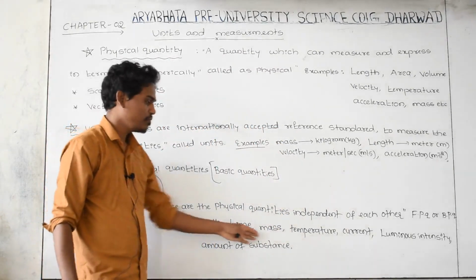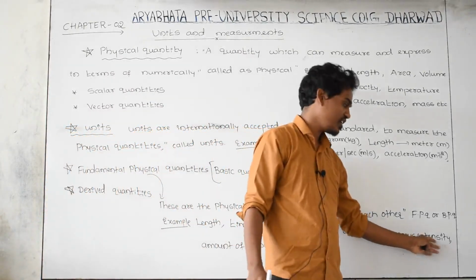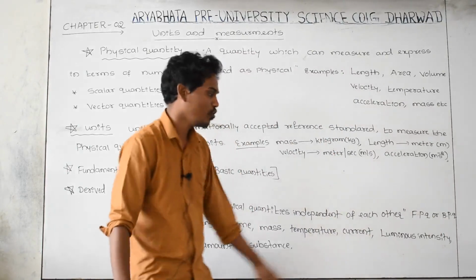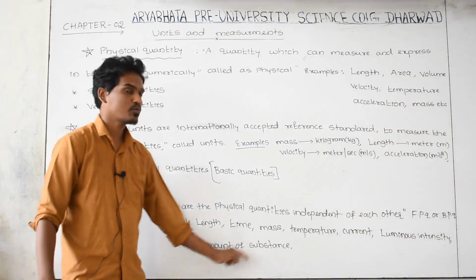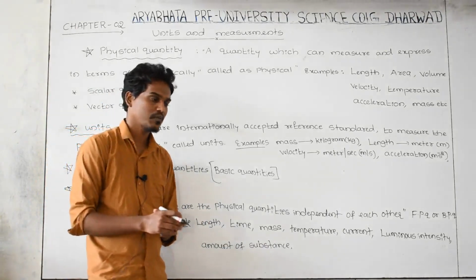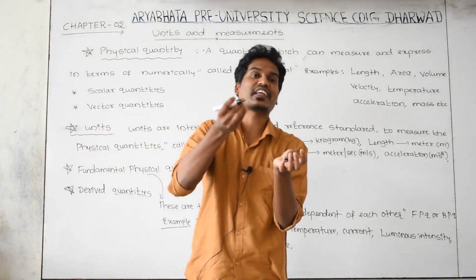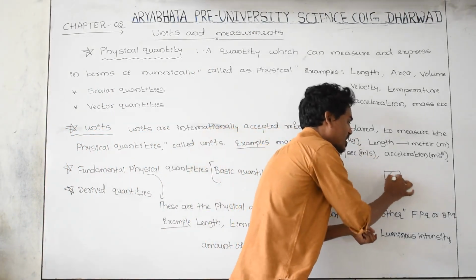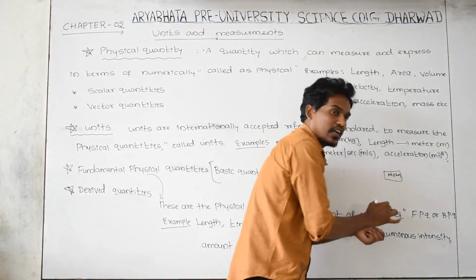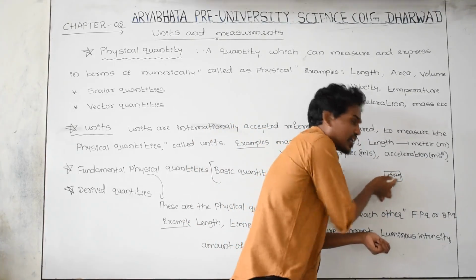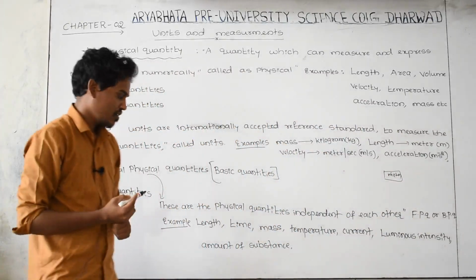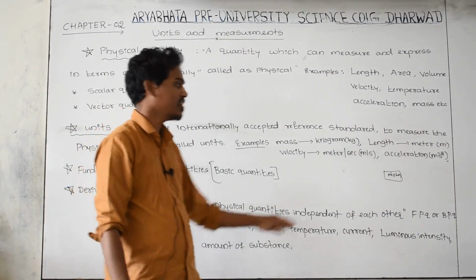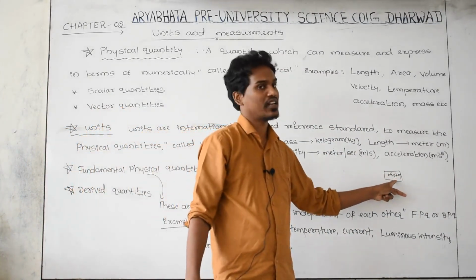Getting length, time, mass, temperature, current, luminous intensity. It means that the intensity of the light we are going to measure, that word indicates luminous intensity. Luminous means light. And next, amount of substance, in the sense, for example, here one material is there. How many particles are present in the material? For example, here 1 kg of iron metal is there. This is a metal. How many particles are present in this metal, that can be measured. That word indicates amount of substance, how many particles are present in the given material.